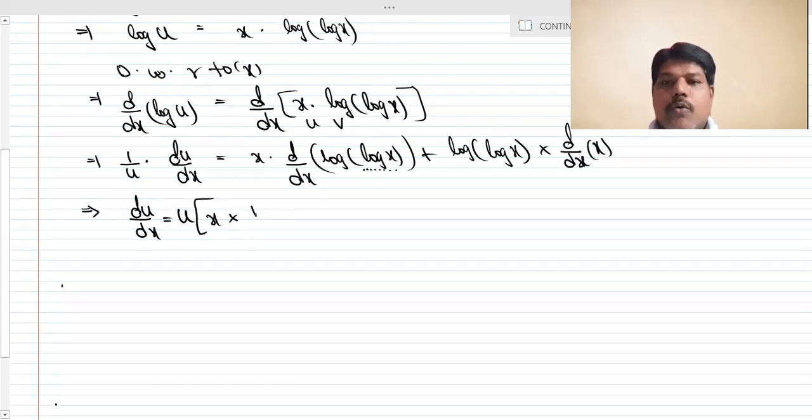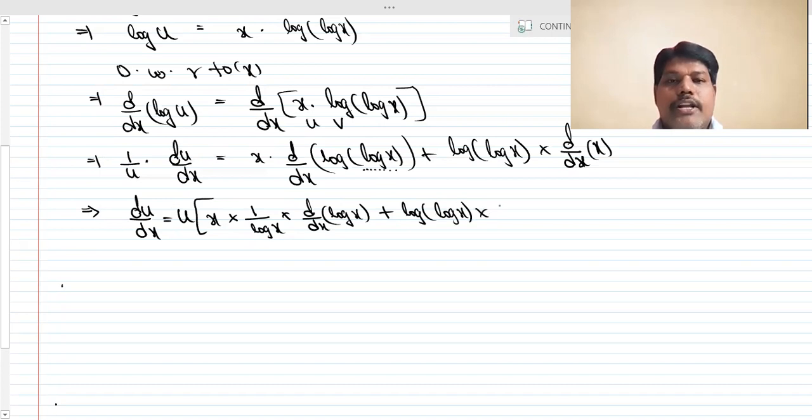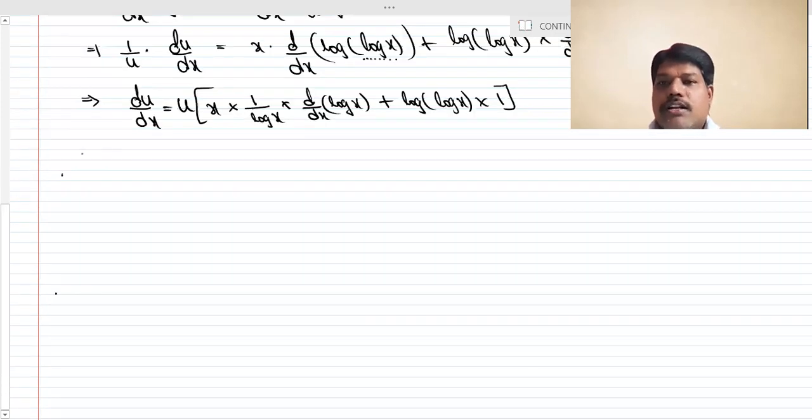So here 1 by f of x, meaning 1 by log x into the derivative of log x, plus log of log x into the derivative of x, which is 1. The derivative of x is 1. So that implies du by dx